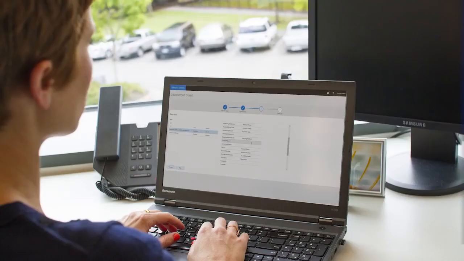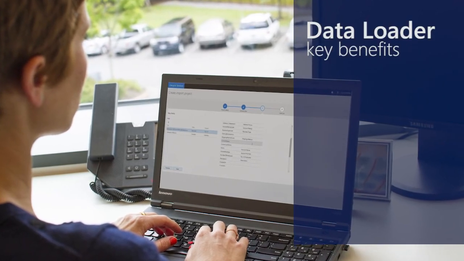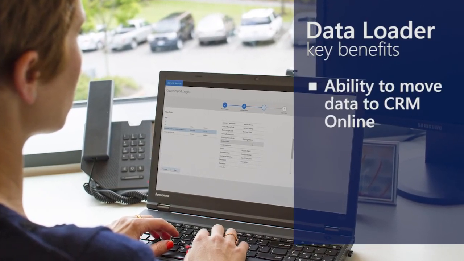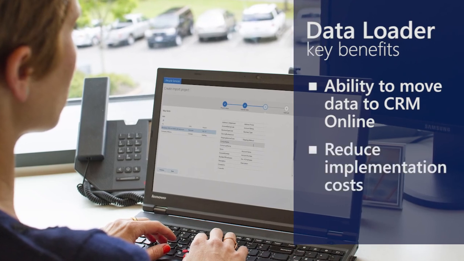Customers are facing challenges with data management scenarios, such as during data migration, when an organization has to write custom code or use a third-party tool to import bulk data. To help alleviate this pain point, the Microsoft Dynamics team has developed a cloud data loader for Dynamics CRM Online. The key benefit of this feature is the ability to move your data to CRM Online and cut down on